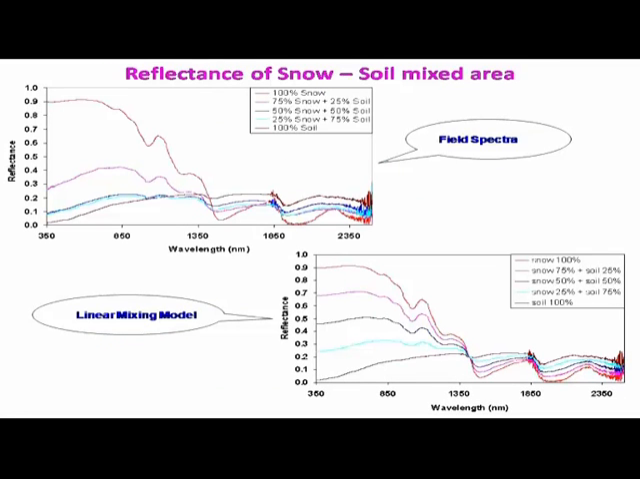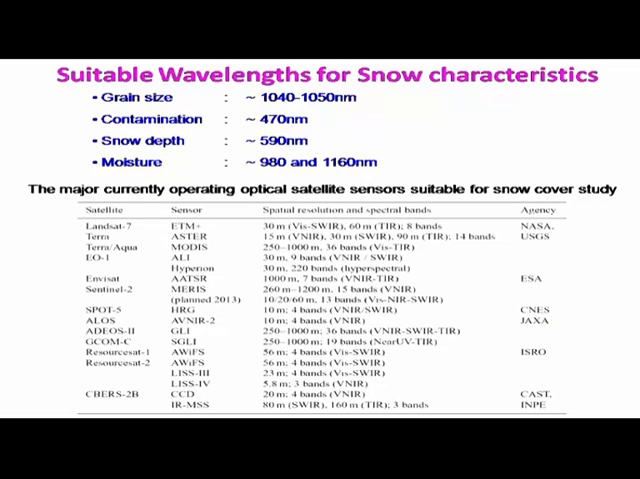Then this is for the snow and soil proportion. This I have discussed earlier. So we have tried to find out the suitable wavelengths for snow characteristics, and we have found for the grain size,